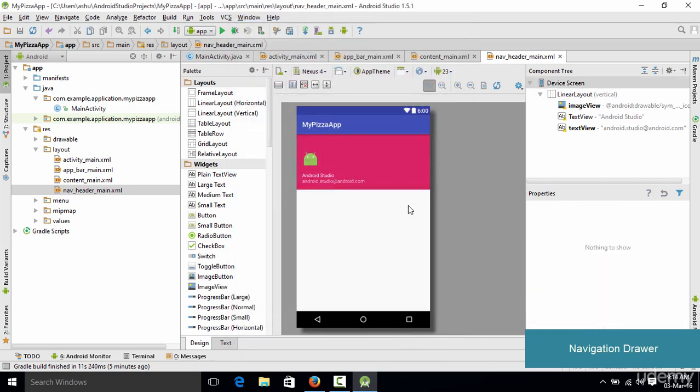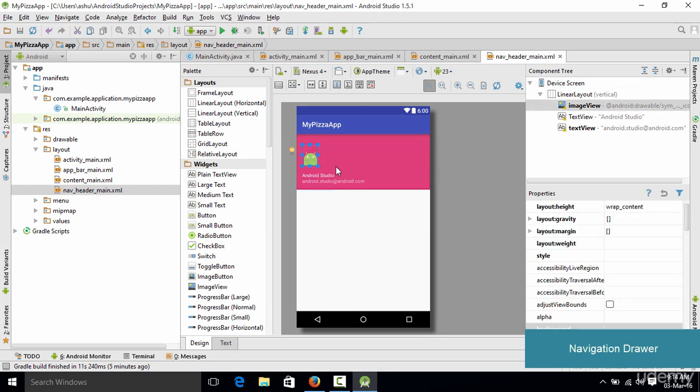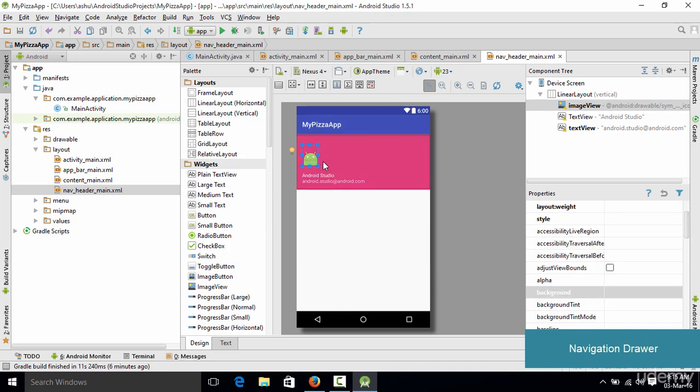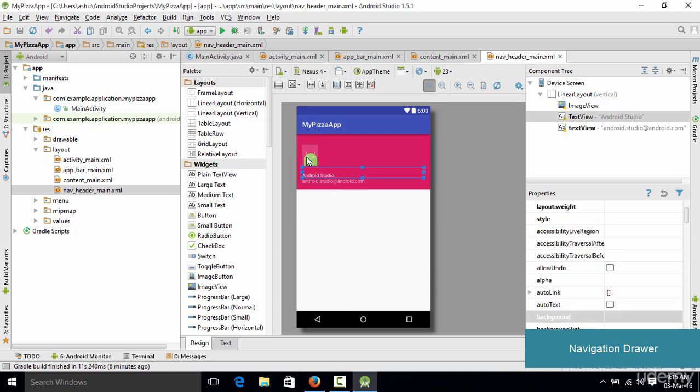Now the next thing which we want to change is this Android logo right here, because this is a Pizza application and we don't want the Android bot over here. So you could simply replace this with a new one. I would recommend that you completely delete this.